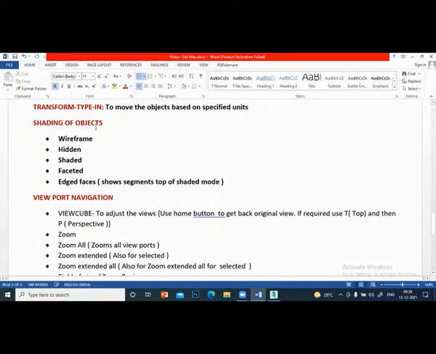Shading of objects. One is the wireframe. Hidden. Shaded. Faceted means you will see the faces. Shading of objects.